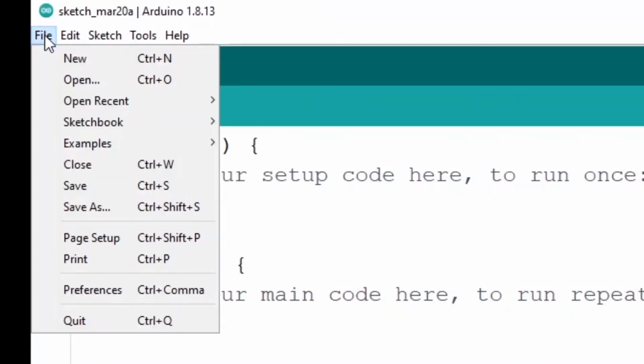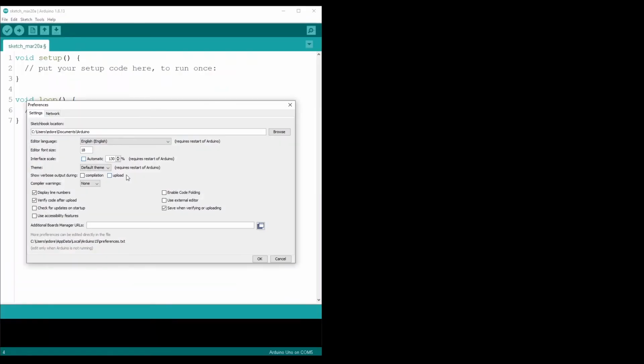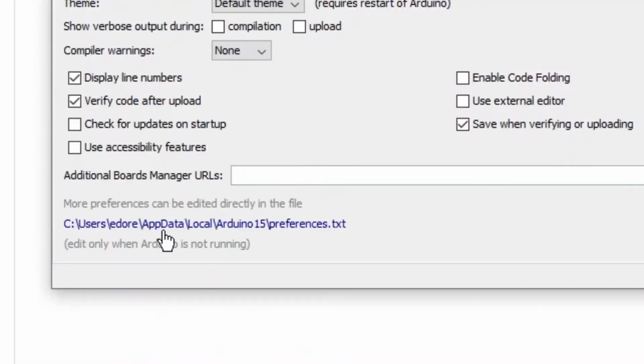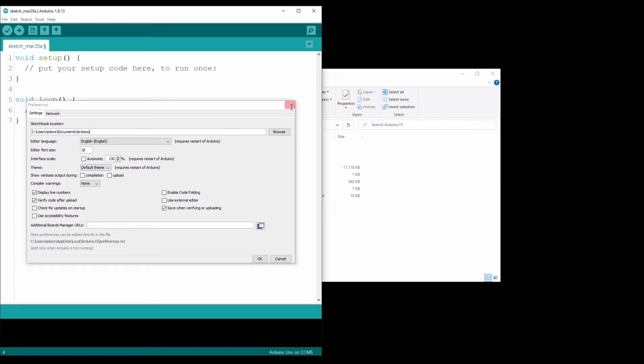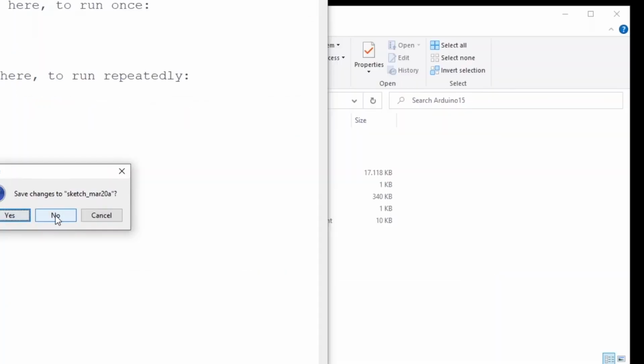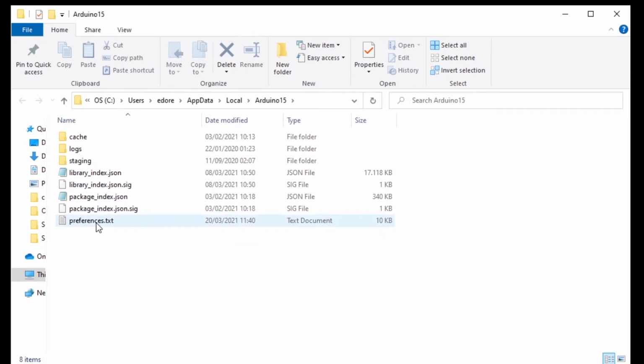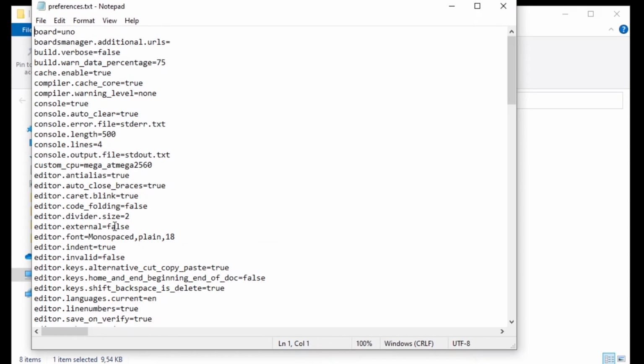So I'm going to go to File again, Preferences, and then I'm going to click on that file here. You can see more preferences can be edited directly in the file. So I'm going to click here. That will open a file manager, okay? Because to change the font, you can't change the font directly in the Arduino IDE. You need to change it in that file. What I'm going to do is close the Arduino IDE, and then open this preferences.txt, that you can find here, and I'm going to search here for